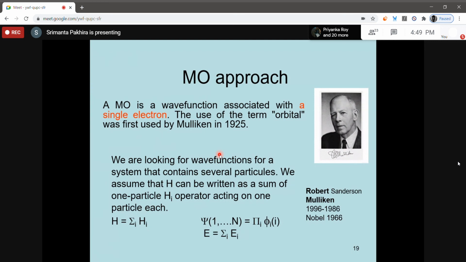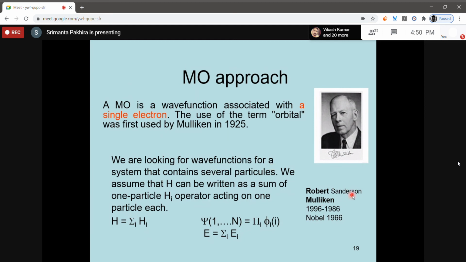So we are looking at many-wave-function systems that contain several particles, and we can assume that the total Hamiltonian can be written as a sum of one-particle Hamiltonians. Let's say we have many electrons, so many wave functions. We can write the Hamiltonian as the sum of individual one-particle Hamiltonian operators, and the wave function as a multiplication of the phi i. If it operates, the sum of all individual electron energies will be the total electron energy. It was proposed by Mulliken